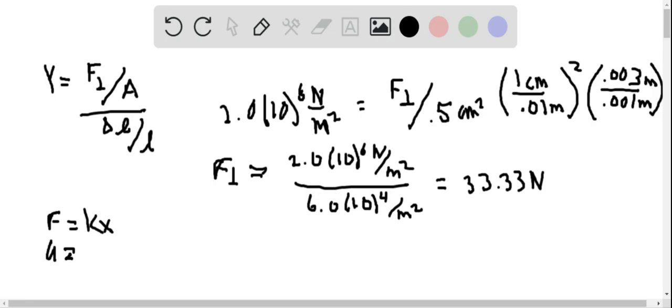Potential energy is given as 1/2 kx squared. You can see we have a perpendicular force which was given here. This force will go into this equation, but we have to substitute this equation for the force into this equation for the potential energy. And so when we do that,